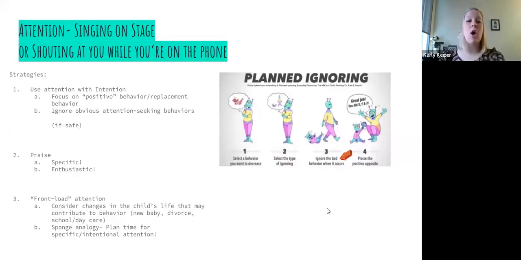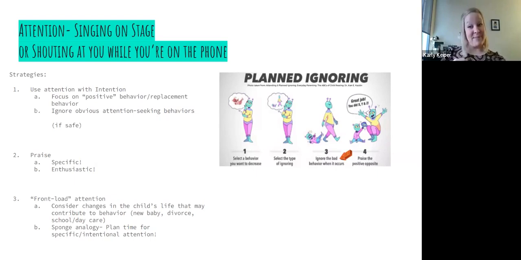So I said that all behavior can communicate a purpose, right? We have adaptive behaviors, or behaviors that are socially appropriate that meet our needs. For example, I was a dancer growing up. I loved attention, and I found that I could find attention by singing or dancing on stage, right? I could perform, and I'm the center of the world, and I get to have everyone's attention on me. But that is something that's socially appropriate, right? When we're singing on a stage, everyone knows that they're coming for the purpose of watching the performer.